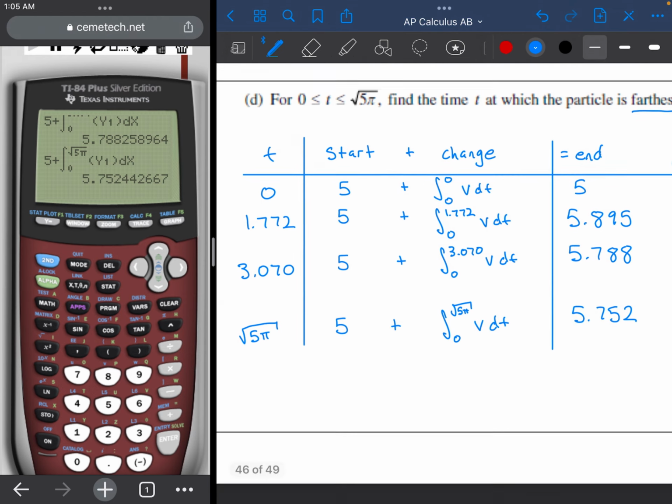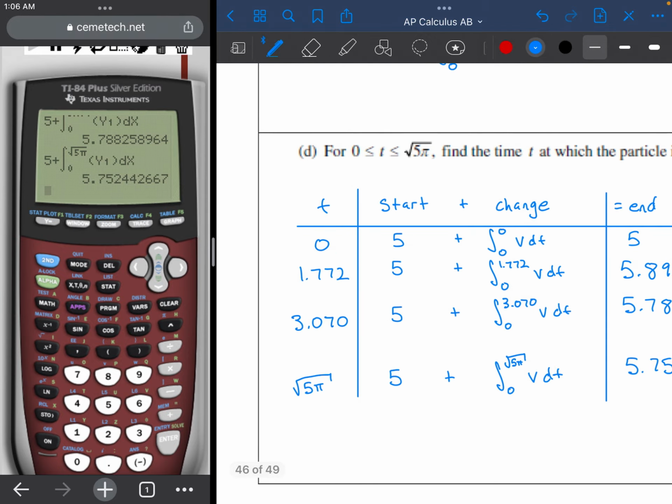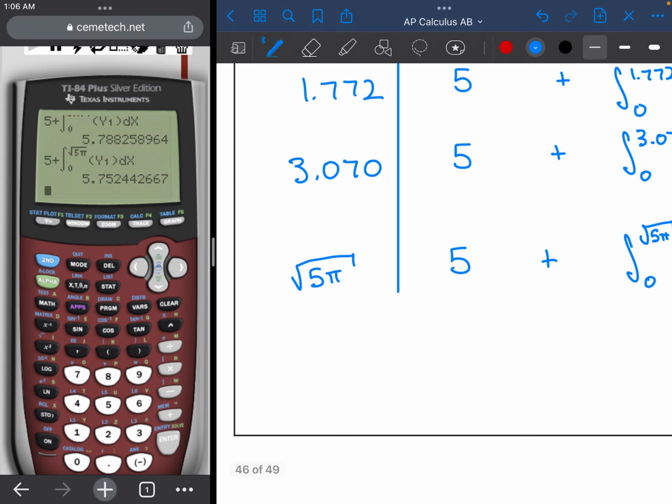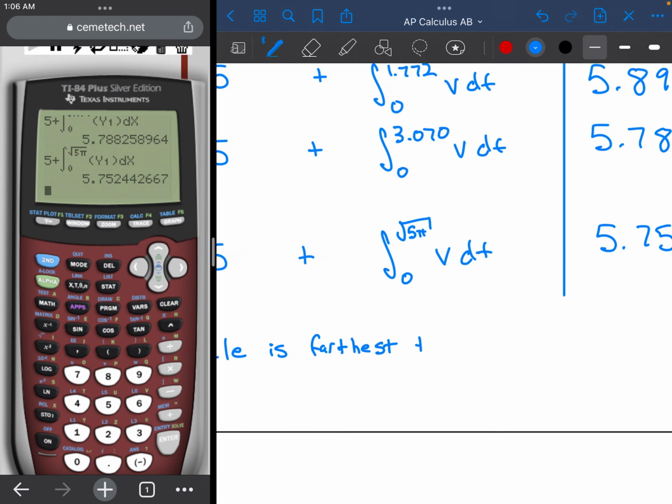So I'm ready to make my final conclusion down here. So I want to say farthest to the right. So zoom in so my handwriting looks better when I zoom back out. The particle, maybe I should use this writing mode. I don't know. The particle is farthest to the right